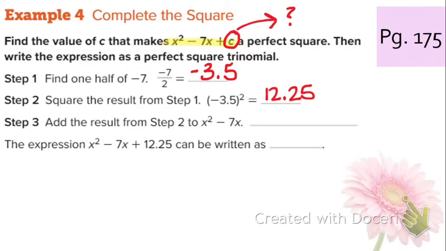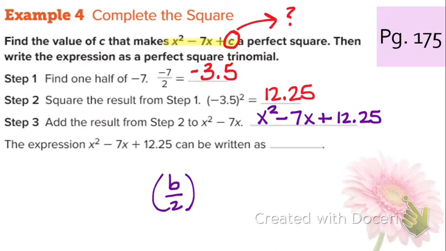All right, so now we figured out that the missing number here in order to create a perfect square is 12.25. So we're going to write x squared minus 7x, and it's always plus c, plus 12.25. This is a perfect square. And the reason why it's a perfect square is because it follows the rule of b over 2 squared equals c. Anytime this is a true statement, it is a perfect square trinomial, which means that this can factor down to